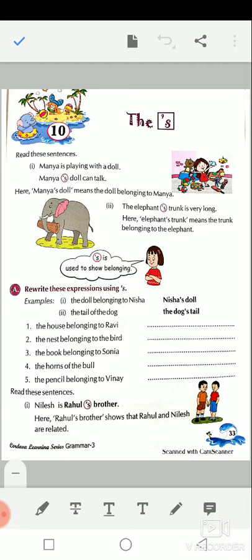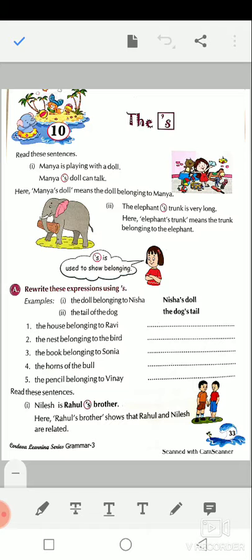In this sentence, see the sentence first. What do you mean by apostrophe? Apostrophe is a punctuation mark that is used in English writing. Our chapter is the apostrophe S. We use an apostrophe when we want to show that something belongs to someone or something. Apostrophe means when we want to show ownership, that this thing belongs to someone or something.